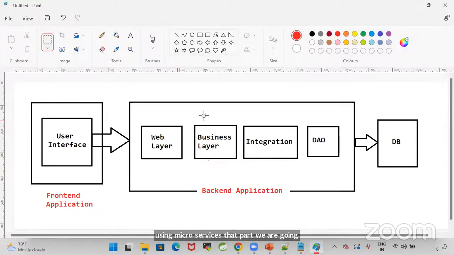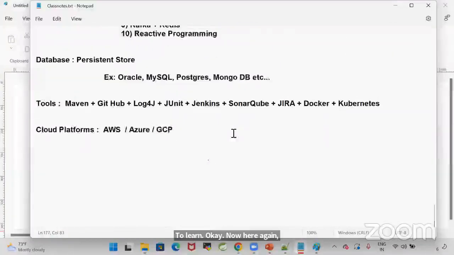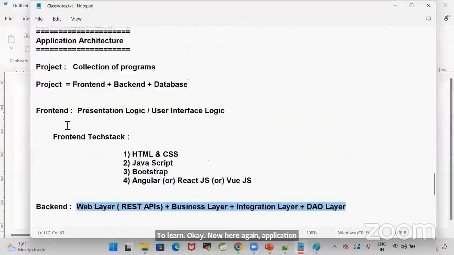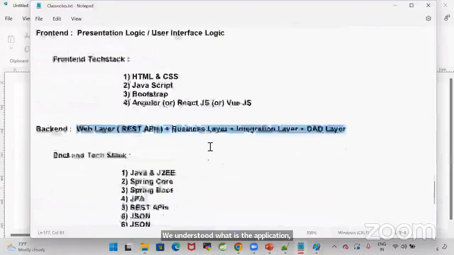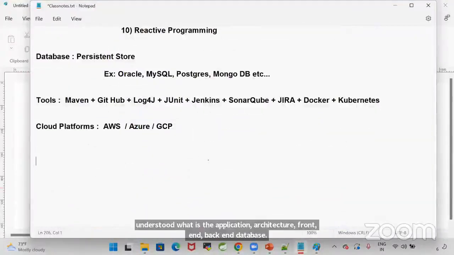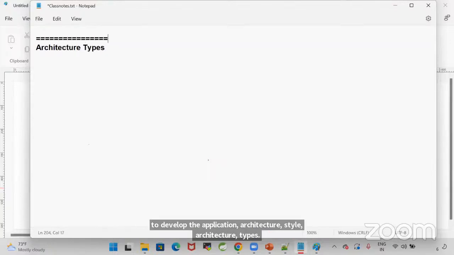Okay. Now here again, application architectures are currently divided into two types. We understood what the application architecture is: front-end, back-end, database. We are following two types of architectures in the market to develop applications.